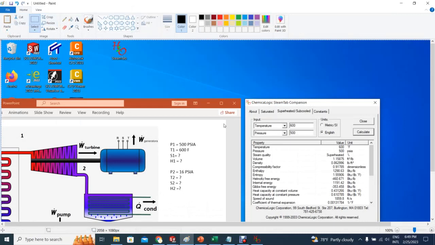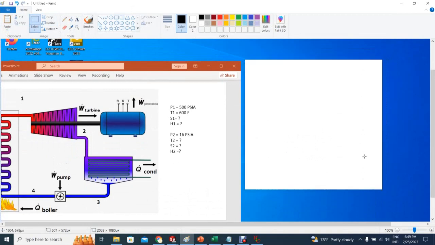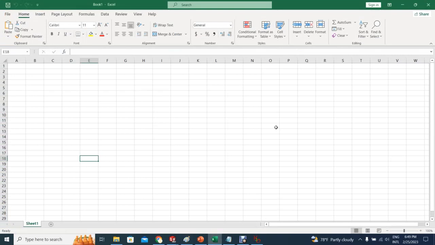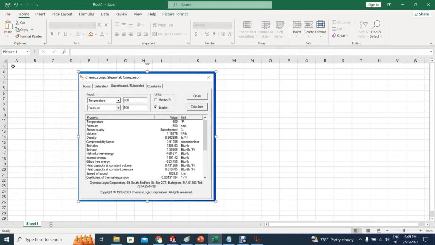We can do this and copy what we really need, which is this table at condition 1. So that's what we need. We go to Excel now and we punch that there in Excel so that we know, like for example here, we are talking about pressure 1, temperature 1. We need,